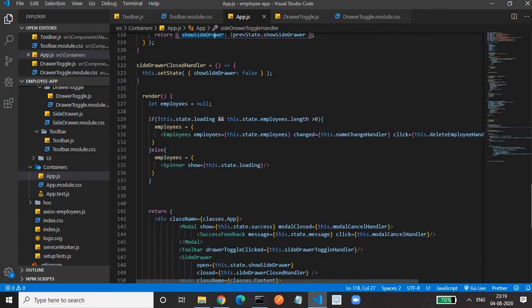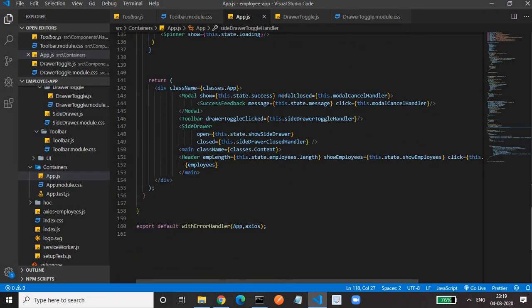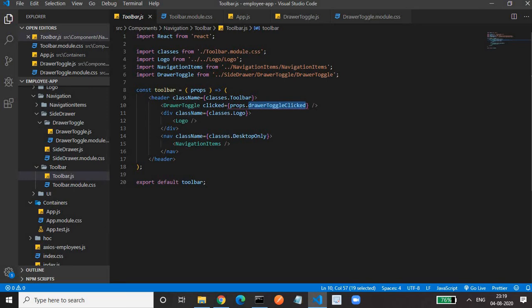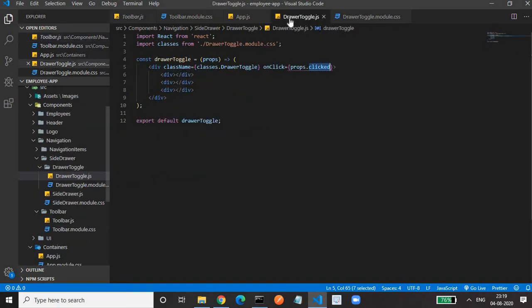In the toolbar we pass this function, and again we pass the same function to the drawer toggle component. In the drawer toggle component we have an onClick event, and we call that function.